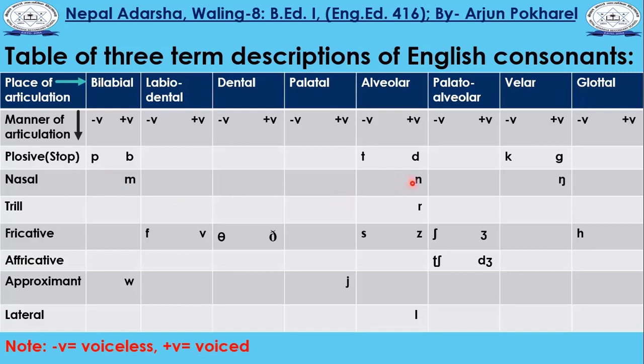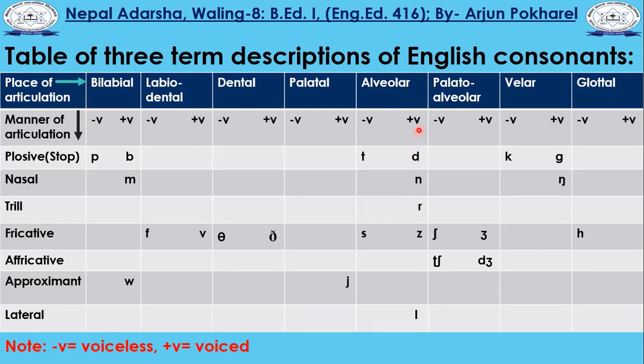In the same way, na is voiced, plus voice, and again it is an alveolar sound. It is not a plosive or stop, but it is nasal. Ma, na, and nga in English are nasal sounds. Now you can see here ra, the only trill sound in English, the flap or tap sound in English is ra. That is, ra is a trill sound, and it is